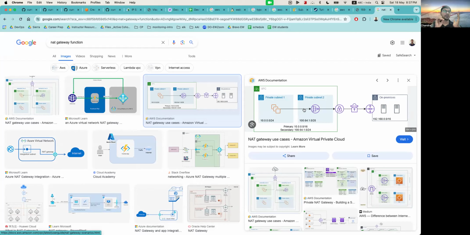It keeps a record that this request has come from this particular private IP address. It sends the request to internet, gets the response, and gives the same response back to the private IP address which made the request. So this is how it works. So it helps a lot in security, first of all. Second thing is it saves a lot of